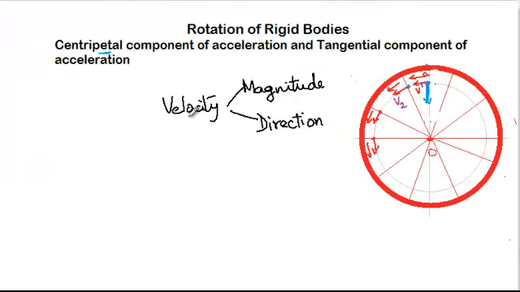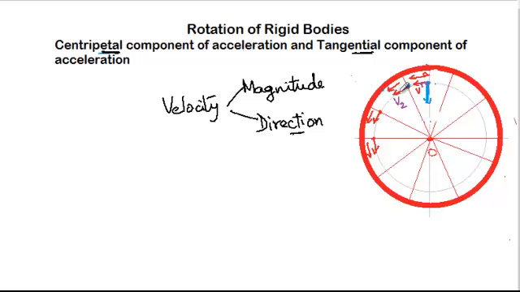Okay, now let's just recollect some of the main points that we've discussed so far. So you know that velocity is a vector quantity and it has both magnitude and direction. If the magnitude of the velocity changes, which means the speed of the rotating body changes, then the particle has a tangential component of acceleration which acts tangential to the circle at each point. If the direction of the velocity changes, then it has a centripetal component of acceleration, and if a particle is moving in a circle, then the direction is continuously changing. So a centripetal component of acceleration is always present.